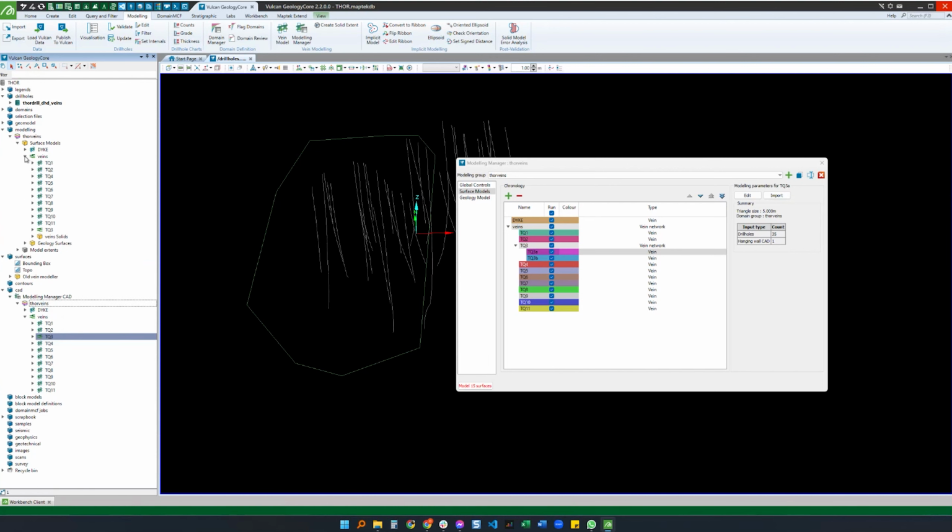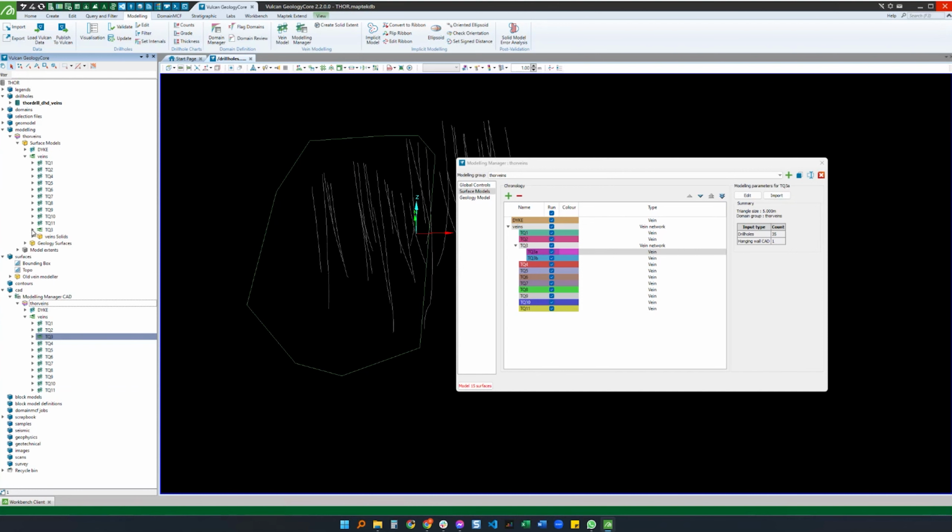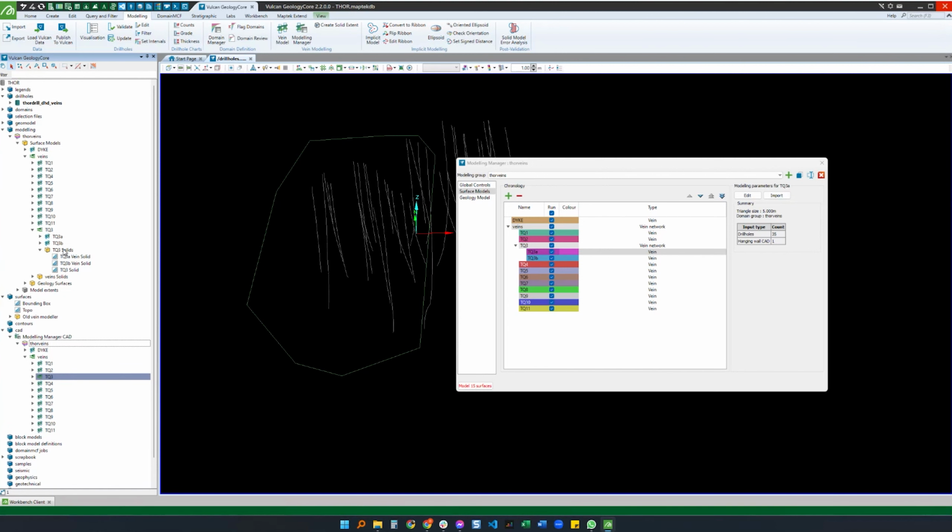What we also get is this vein network. So then all the individual veins within that, right? Same sort of settings in there. But I've also got this TQ3 network. So that's got its own individual veins. But then what you get for each network is this network solid. So as part of that, you've got the individual